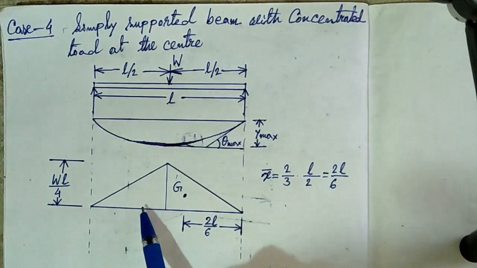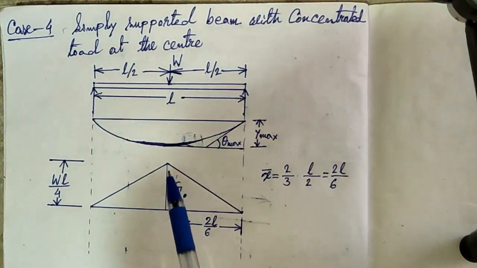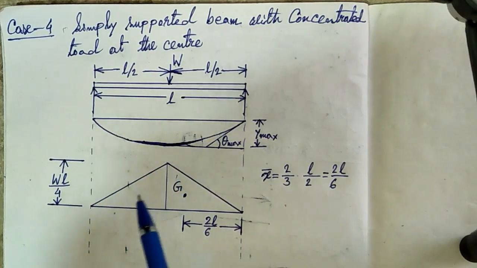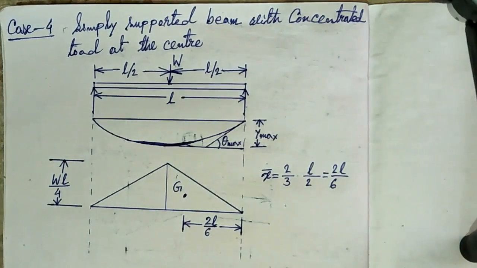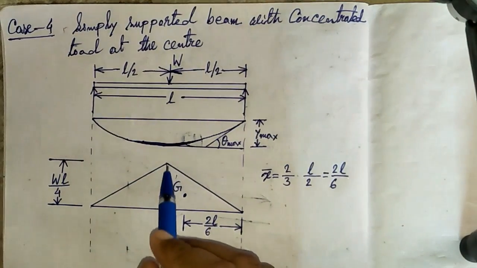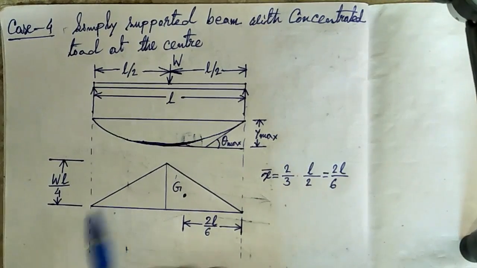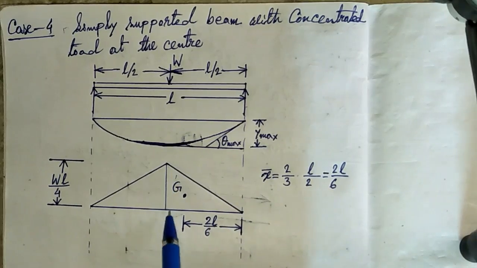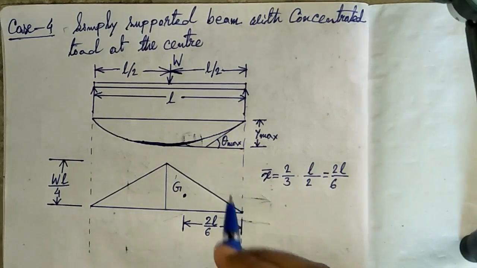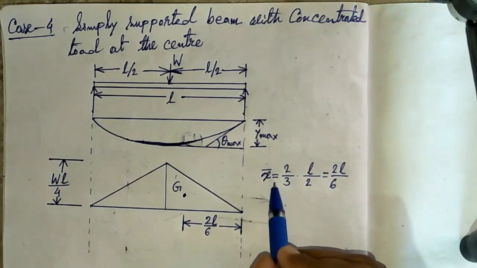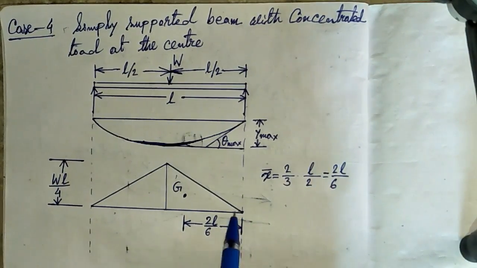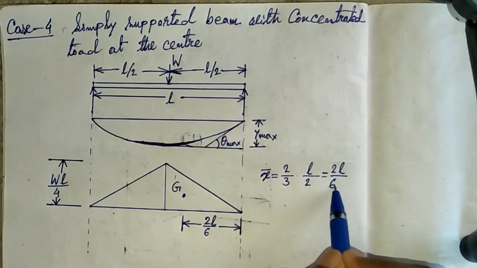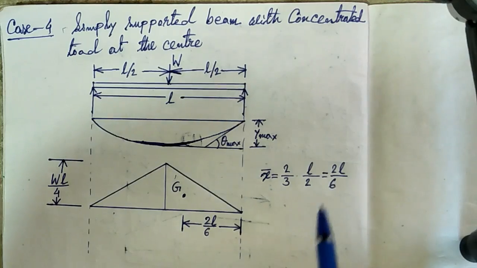And this diagram is the bending moment diagram. We are concentrating on this section. The CG of this half section is G. Since it is a similar kind of triangle, we are just going to take half of the whole triangle. The center of gravity of this half triangle is G, situated at a distance of 2L by 6. That means for this half length, L by 2, 2/3 of L by 2 is 2L by 6. So x bar is equal to 2L by 6.